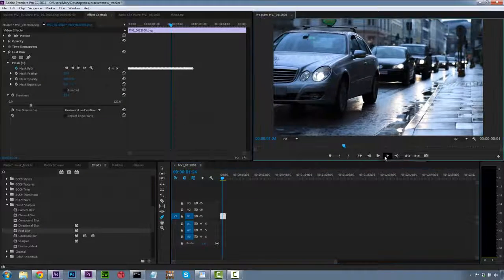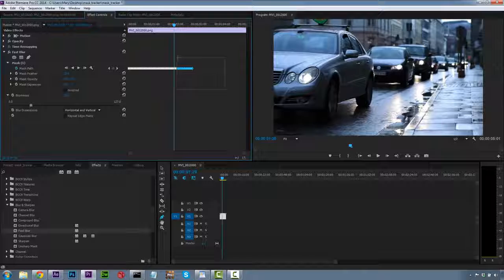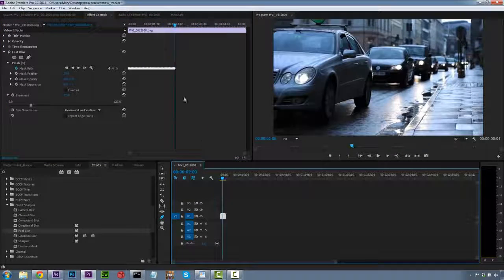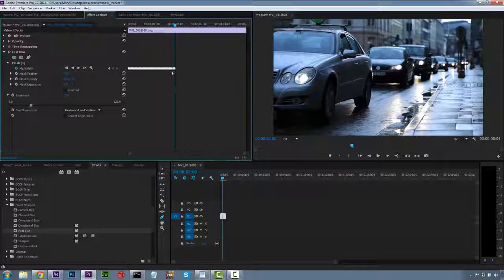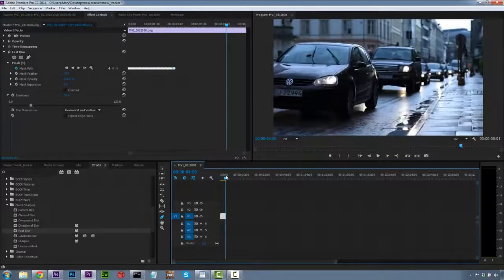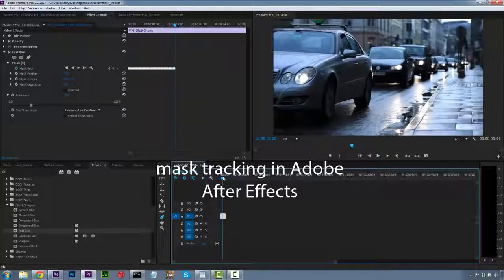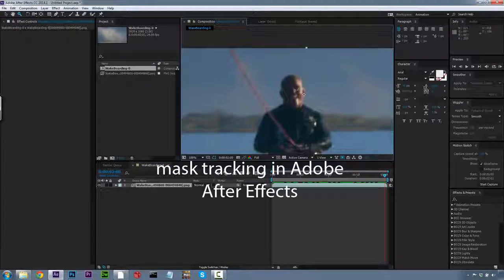And we'll probably have to do a fade off as the license plate leaves the scene, but that's not really a big deal. We'll just delete these keyframes and then we'll animate an opacity change here at the end. But the key point is that it gets you results really fast for license plate blurs and witness protection blurs, stuff like that. Adobe's Mask Tracker is also featured inside of After Effects, but in this case